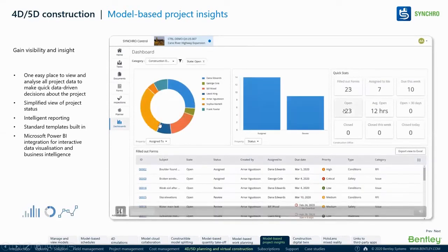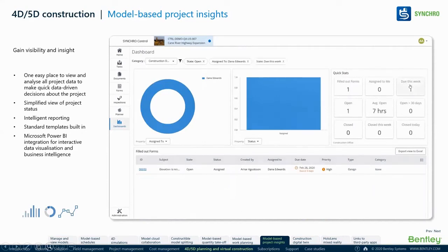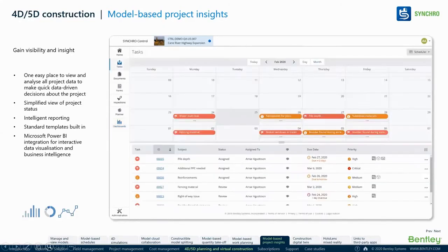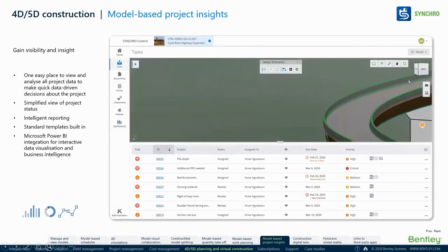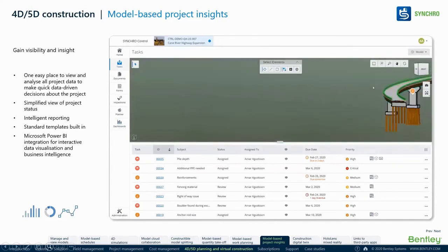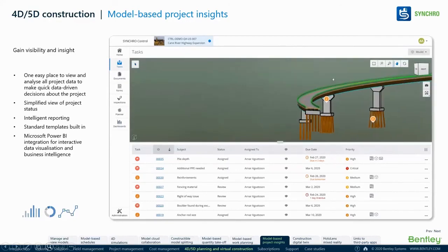This is a project where we have a dashboard. When you click on someone's name, maybe some person's name, you know exactly what is assigned to him. You could filter that to know how many forms there are, what is due, what task was due on that date. So you can dig into that task and understand what is required, and what the due dates are. You have a calendar view also. Other than that, as I mentioned, you have a map view of where those tasks have been assigned. If you have a 3D model attached, you definitely know this is where I wanted to have a query, maybe on any other task.